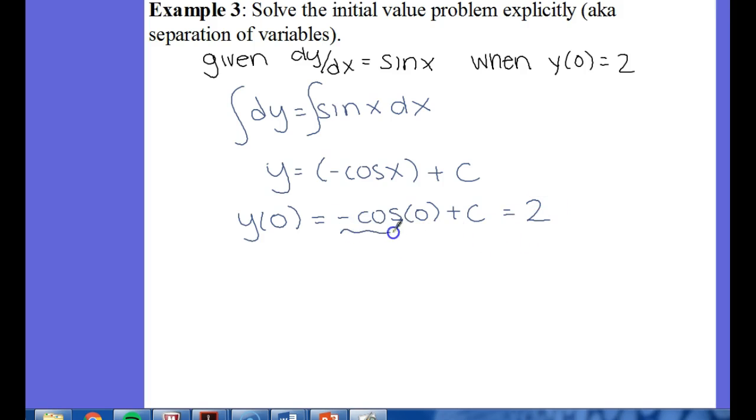So you're kind of solving this part over here. What's the cosine of 0? So you get negative 1 plus c equals 2. So c equals